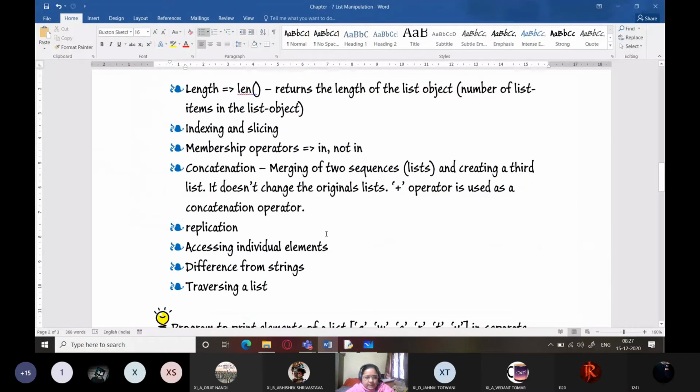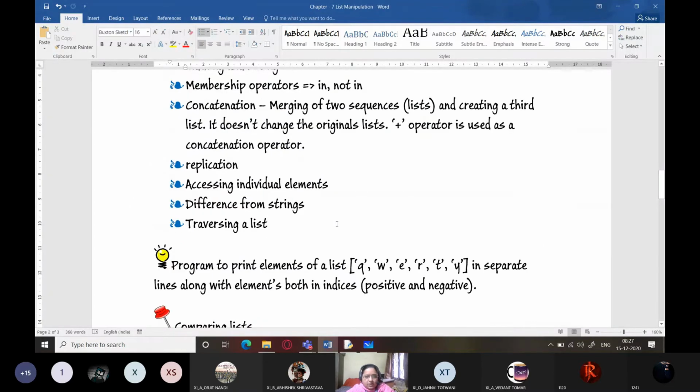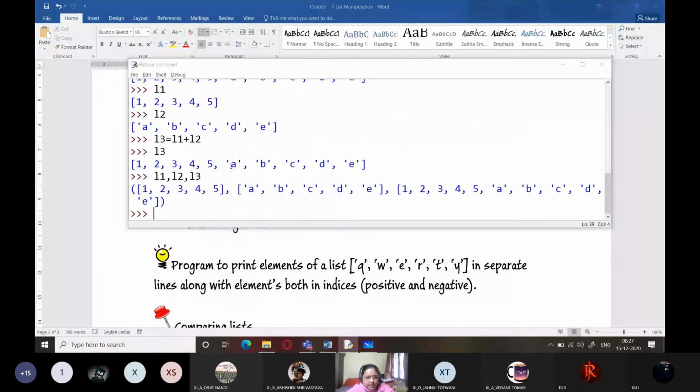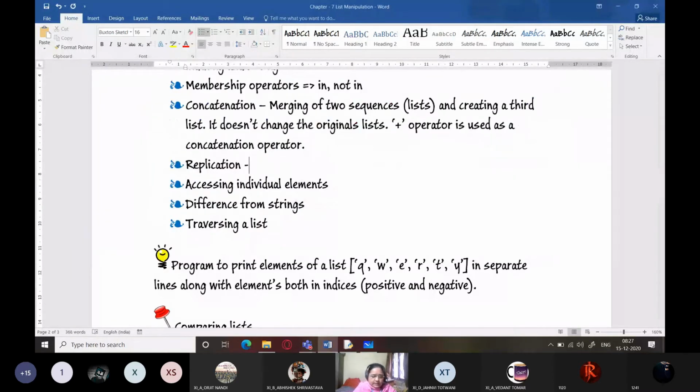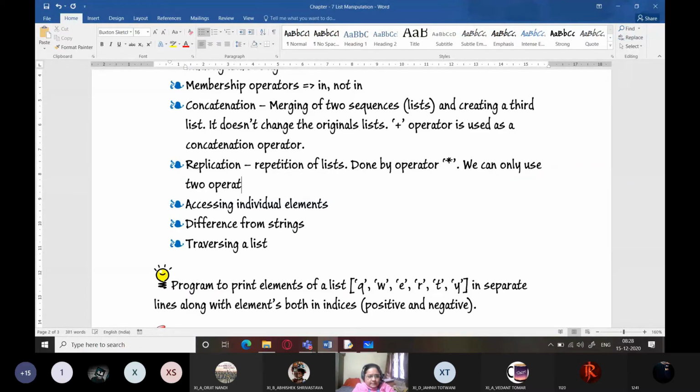Is this clear to everyone? So what is concatenation or merging of two lists? Next is replication. Now replication also means repetition of lists. Normally it is done by the asterisk operator, right? And we can only use two operands